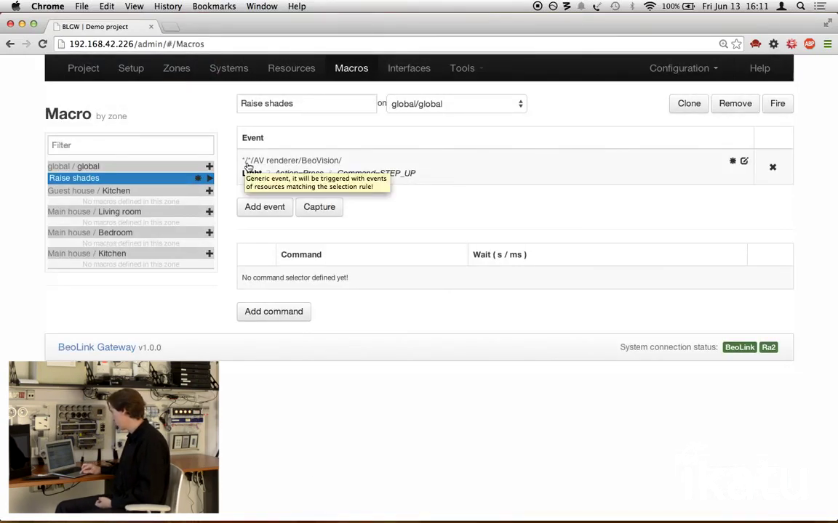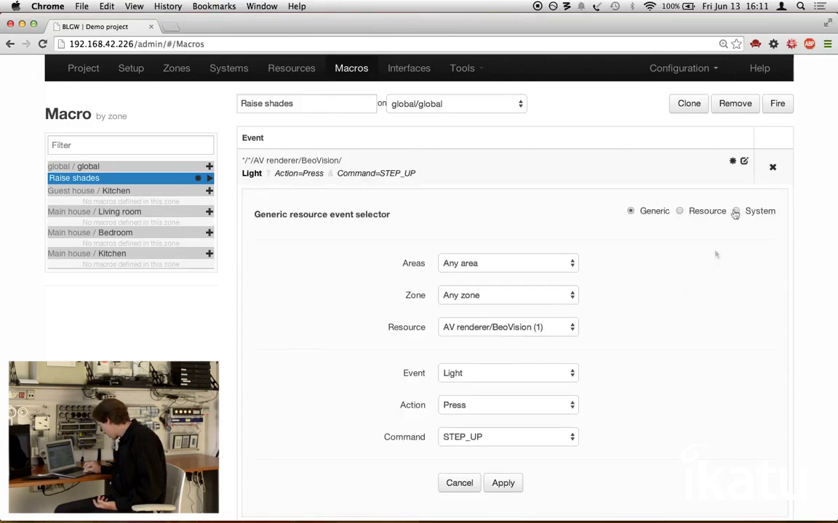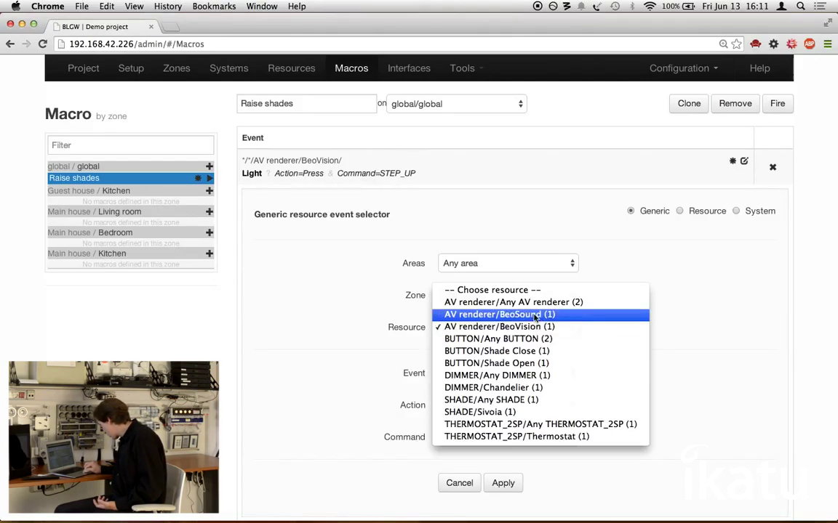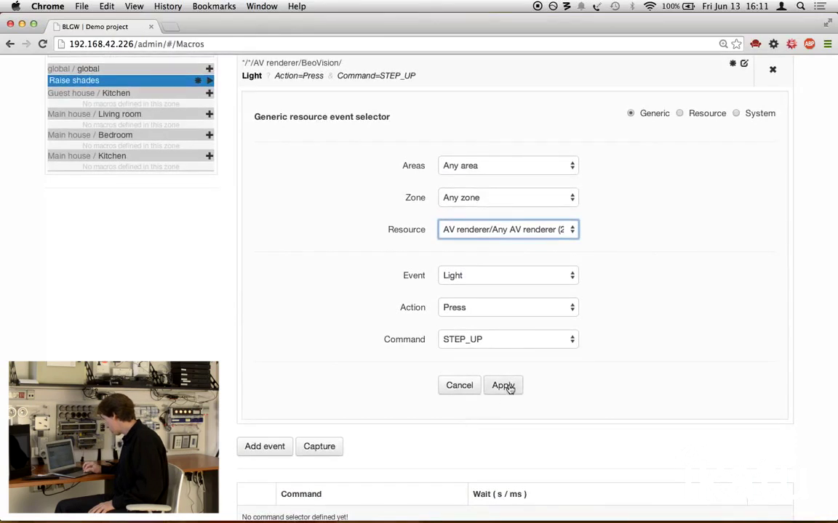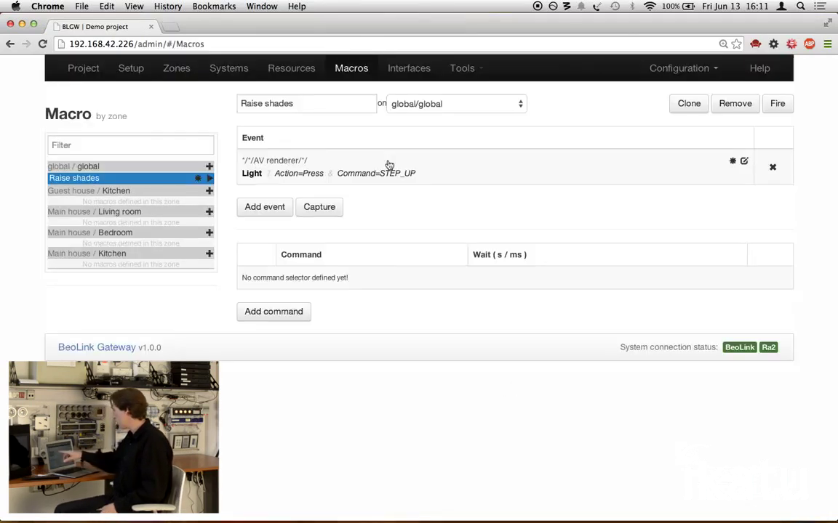Check that now. We have an asterisk instead of area and zone. So wherever I press light, step up, on any product, let's do it even more generic. Let's say any AV renderer, so any B&O product, it doesn't have to be a TV. So I apply, and this is even more generic. So on any B&O product, when I press step up, what do I want to do? I add a command,